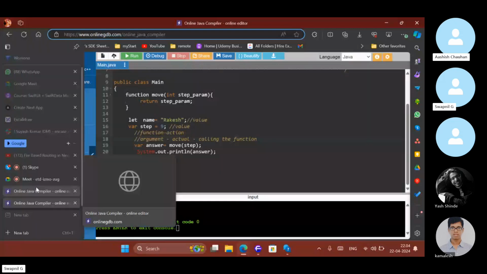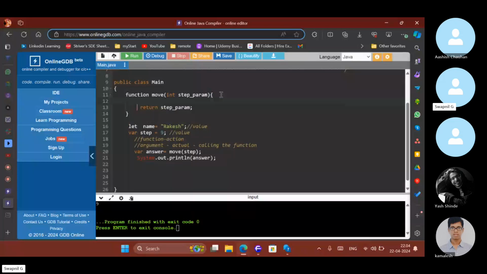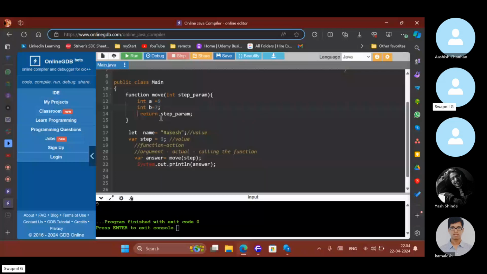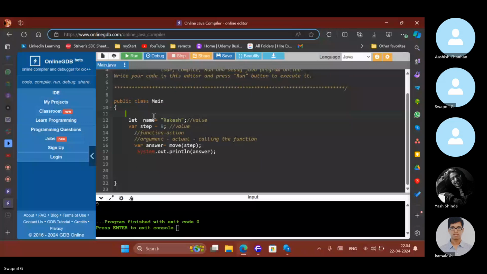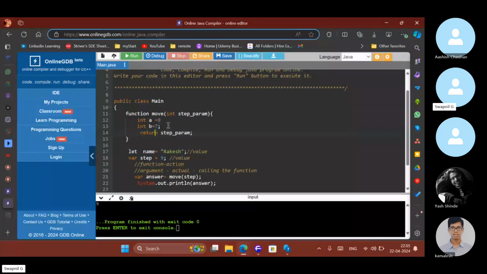Only the block. Whatever values you have written inside a function, int a = 9, int b = 7, once the return statement comes, once the function has been executed, everything is lost, everything is deleted from the compiler, everything is just gone. Is it clear to everyone? What is the scope of a function? Only till the block.